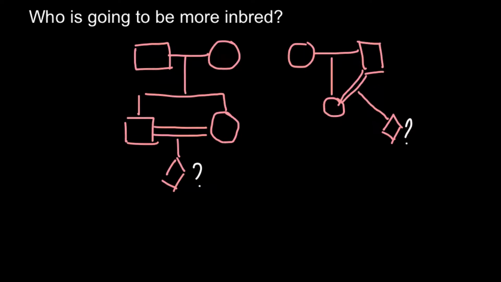We have to solve the problem: who is going to be more inbred, this individual or this individual. And for those of you who didn't see my previous uploads and wonder how to solve this problem, here is the solution. Imagine that this individual here has genotype